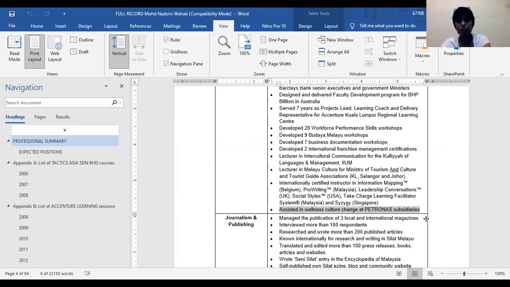My mom kept telling me, nasib baik tak kahwin lagi masa tu. My mom was saying, you treat this house like a hotel. Because I would come back, bathe, and then we go out again. And I'd stay in hotels for almost 2 years straight. That single line is 2 years' worth of work. And I don't have the dates.